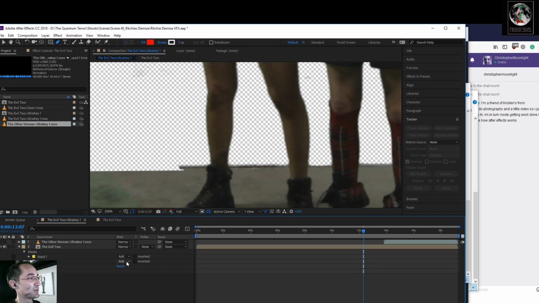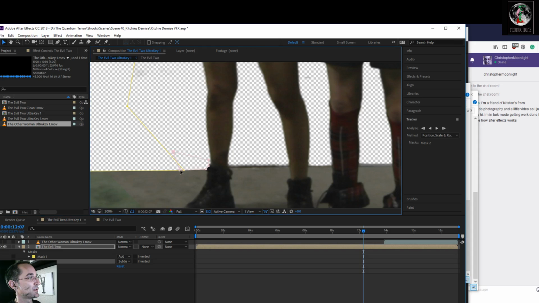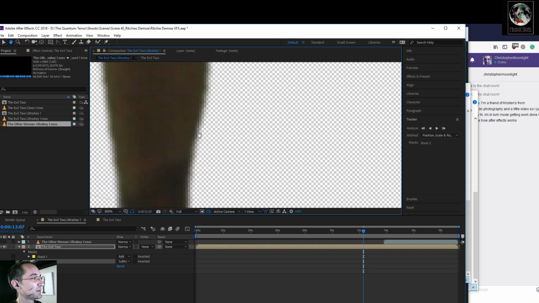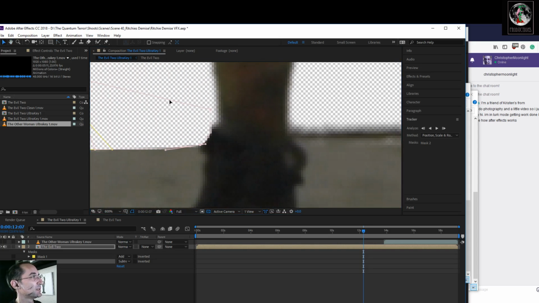Let's go into subtract, get rid of that, and then adjust it a little bit. Probably no one will ever notice, but let's adjust this so it goes around that round edge of her boot.